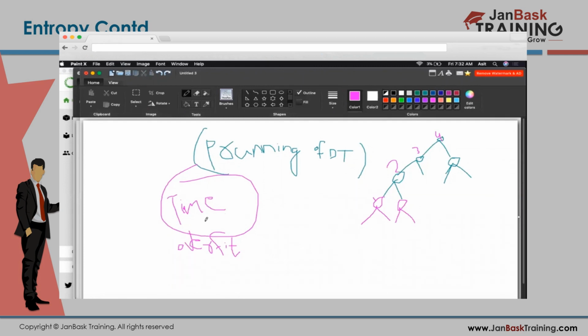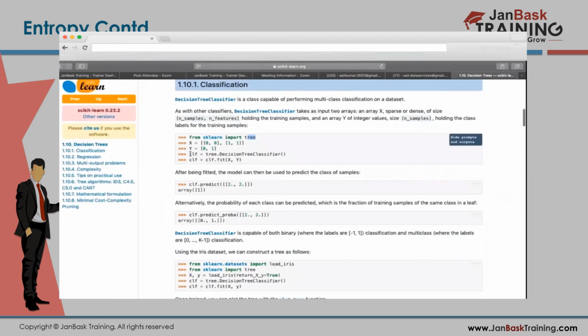Because while model building, you give your X-train, you put it in the fit. If you see here, this function, CLF classifier, you have created an object and you have fitted your X and Y. Here it is X train, Y train.